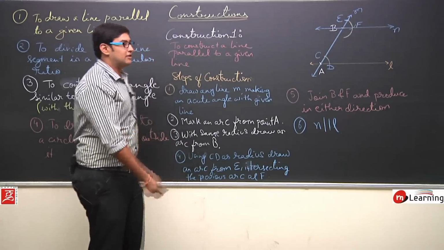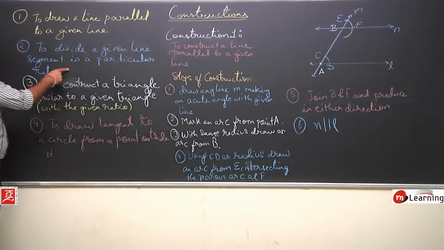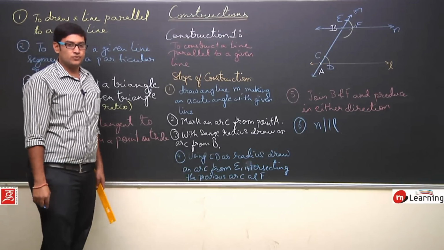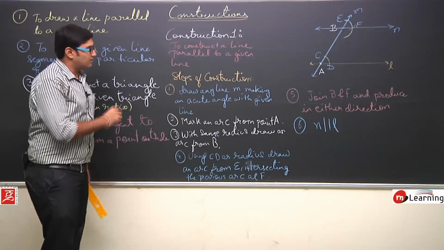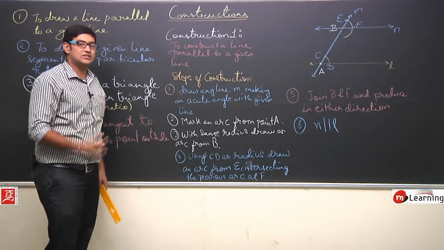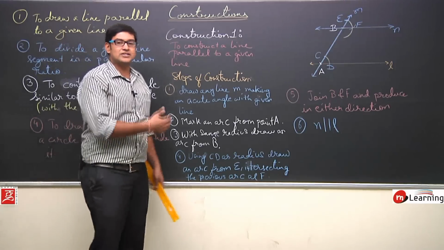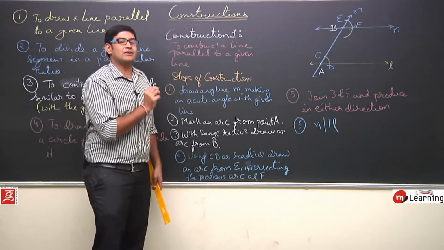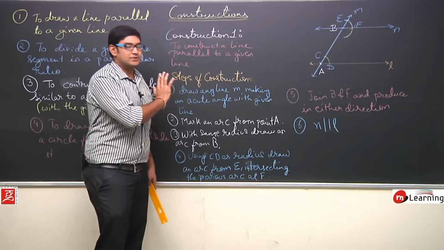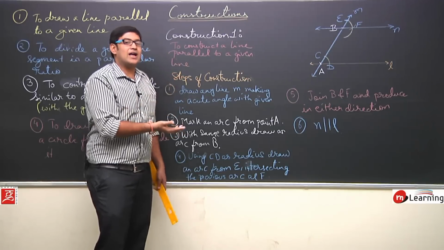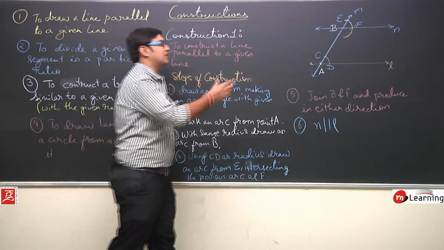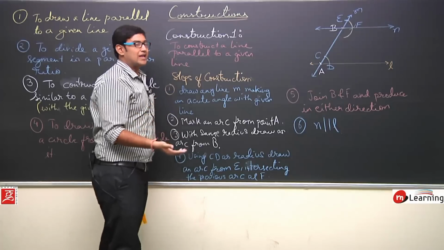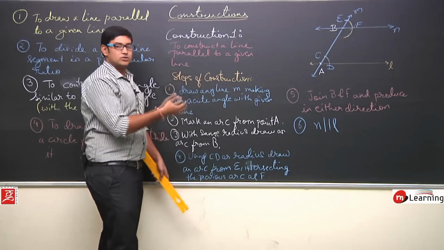Now after this we will start understanding the second construction, which is to divide a given line in a particular ratio. We will learn how to divide a line in a given ratio. So for that, first completely note this, each and every step, and take a 1 minute break, observe these steps, and if required, watch again what I have done here. Watch all the steps of construction again, you will grasp the concepts better. Okay, so you can note this.